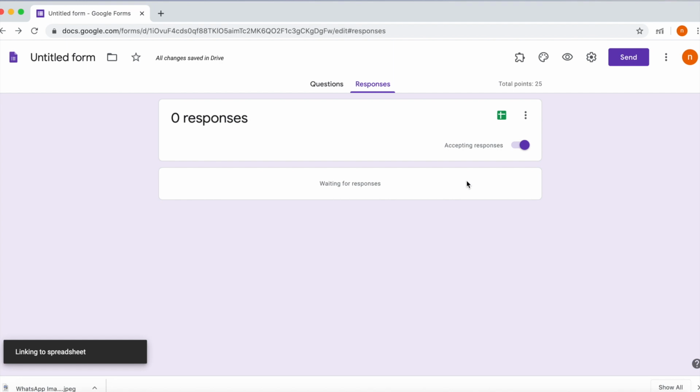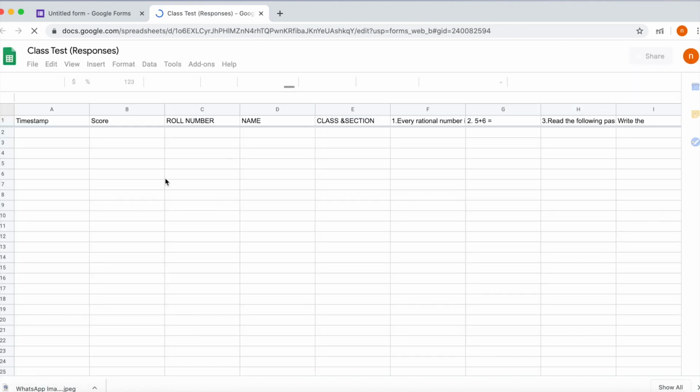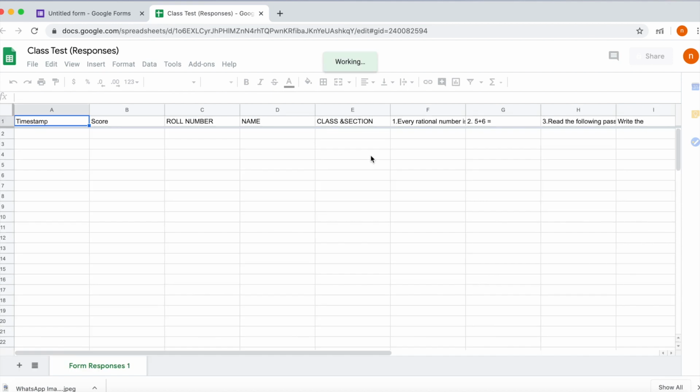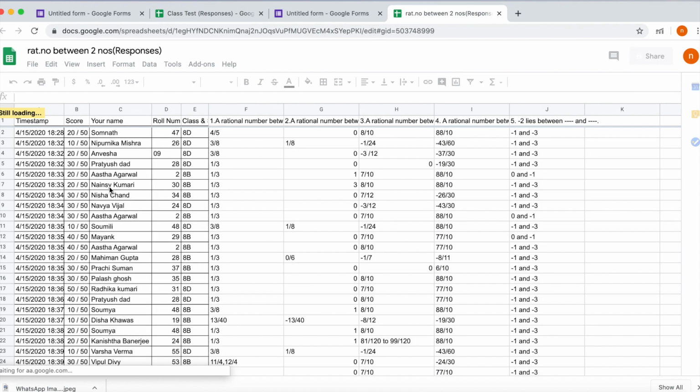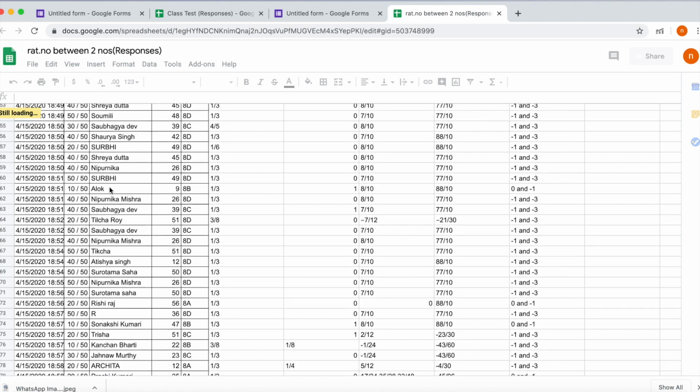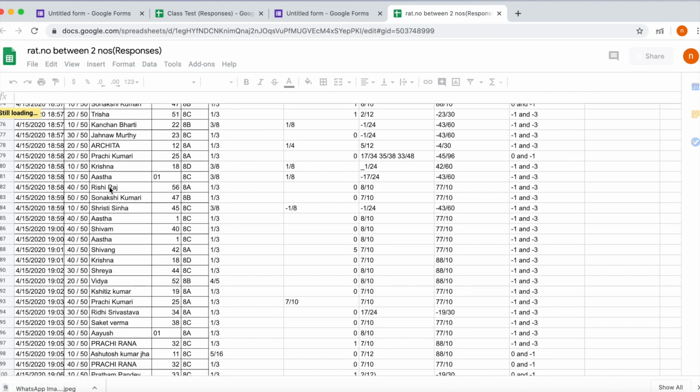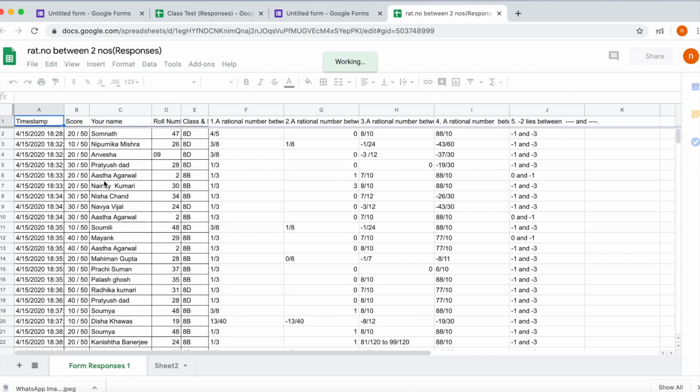You will see that the Excel sheet will open, and in it you will get the time and date as soon as they submit the quiz. Score is there, roll number, name, whatever details we have asked for, and for all questions, whether true or false. Now the response we will get like this, in the form of an Excel sheet.